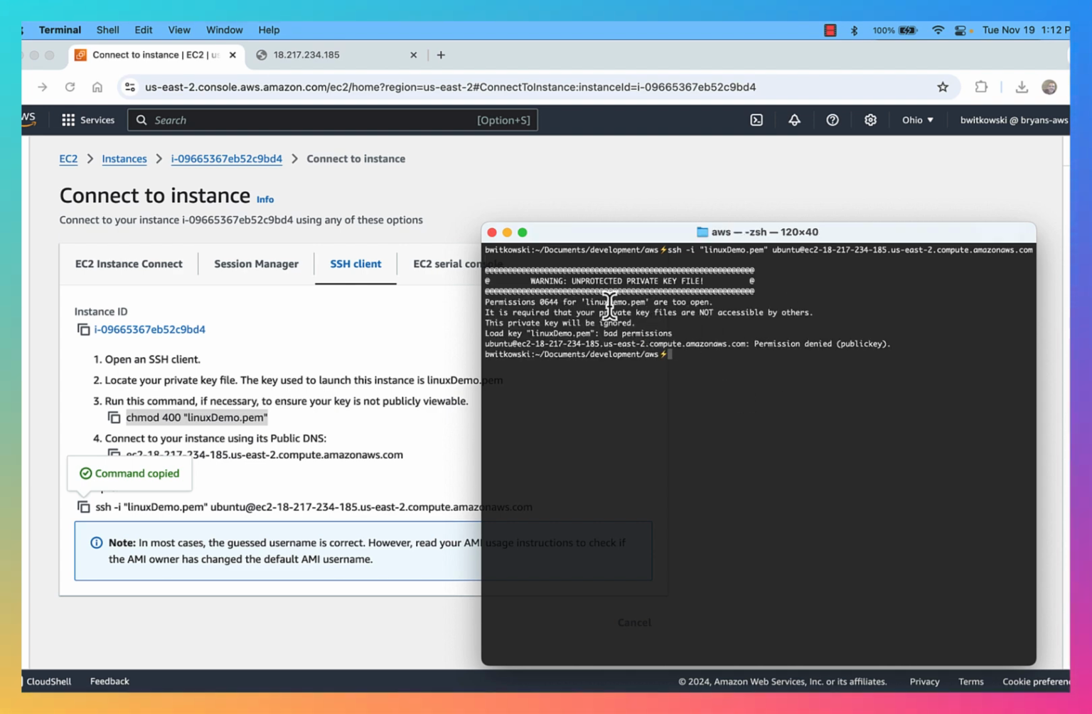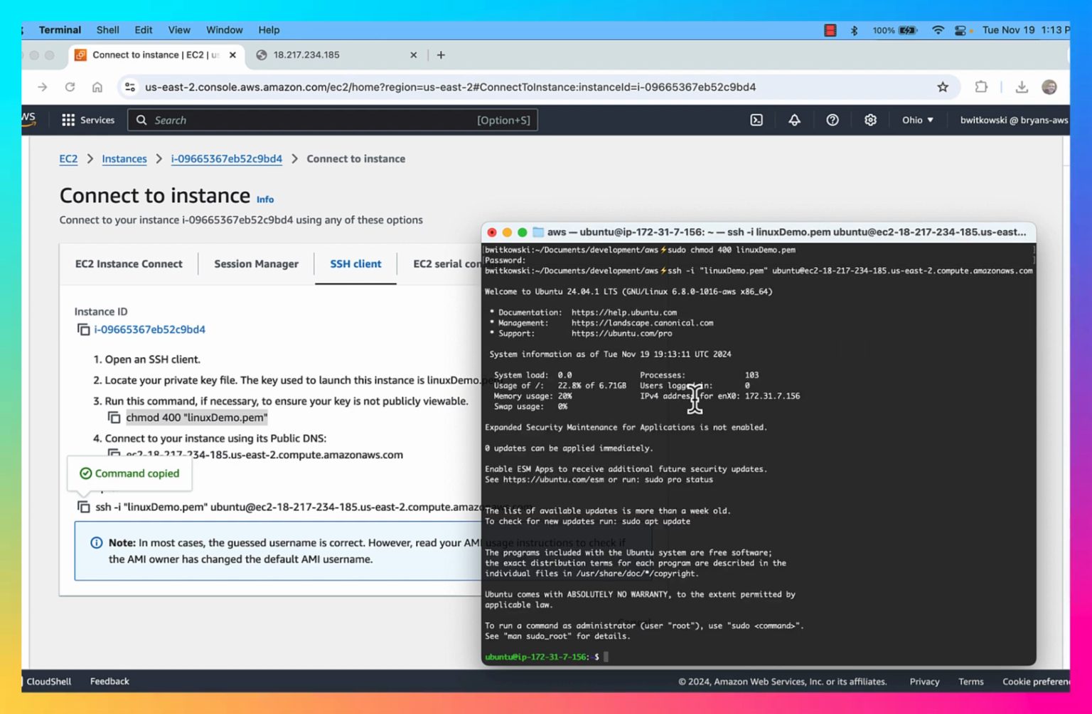Okay, actually it looks like it failed. It says the private key file permissions are too open. So what I have to do is modify those permissions. So I'm going to do a sudo chmod 400. So I'm running the chmod command as an administrator, and I want to change the permissions of that Linux demo.pem file. Okay, now that I've done that, I can actually run that SSH command and connect to that virtual server,